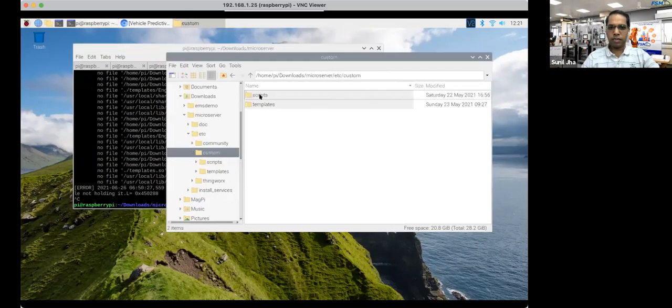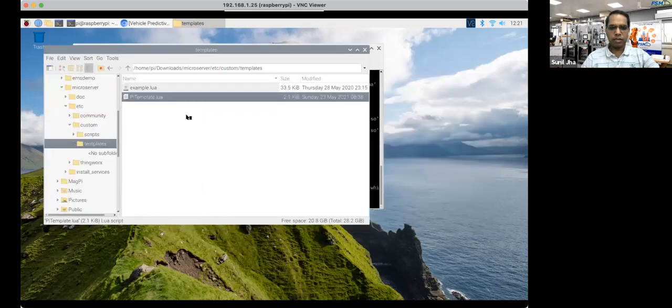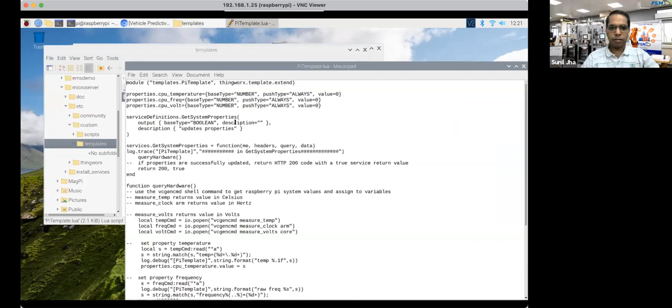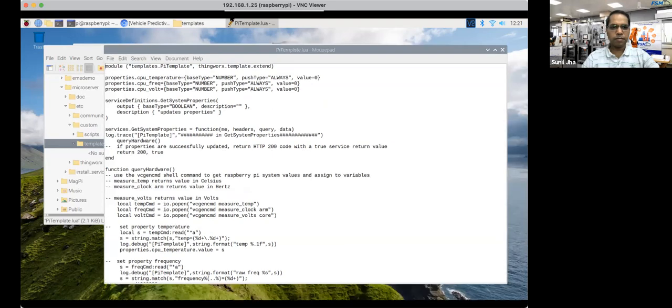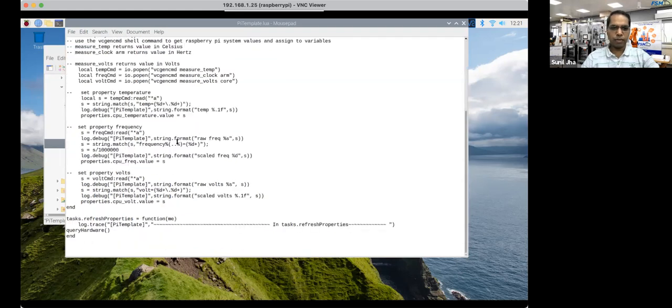So customs, then there is templates over here, and I'm using this pytemplate.lua. So I have to just open this. Yeah, I think the name should be mismatching somewhere. So this is the template which is being used to push the data, and what data you want to push actually.